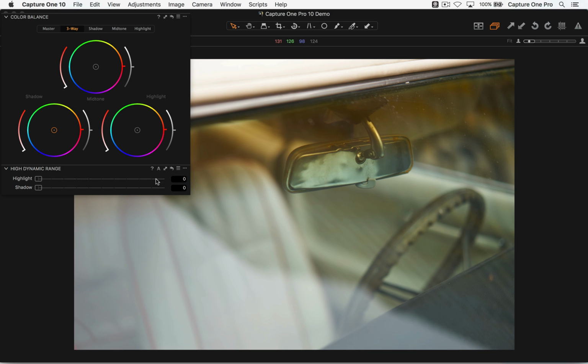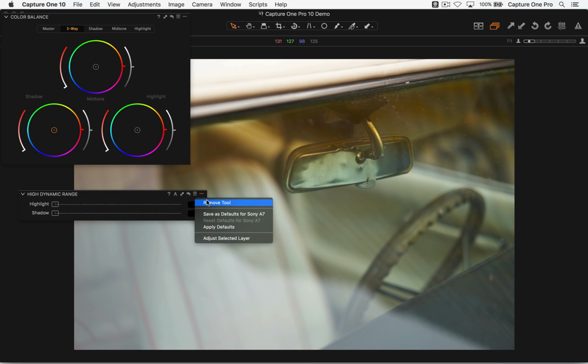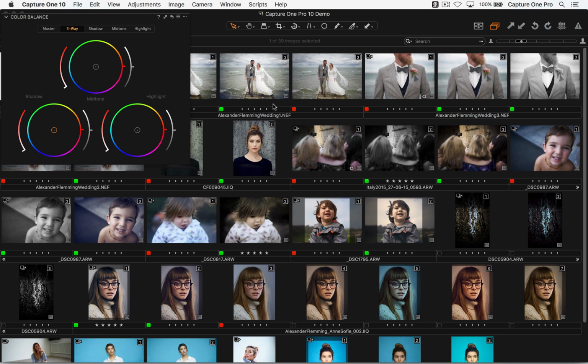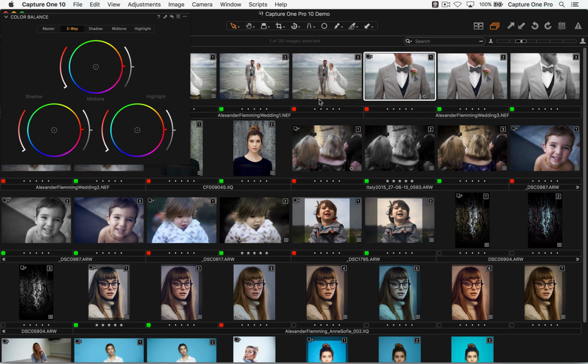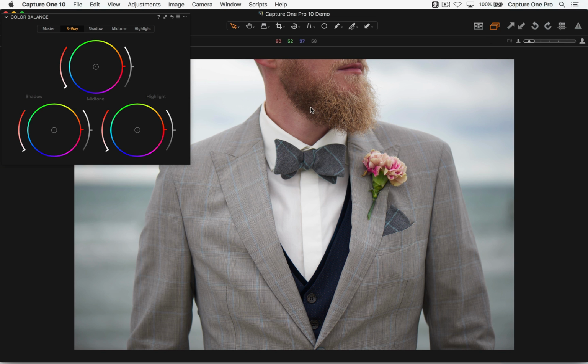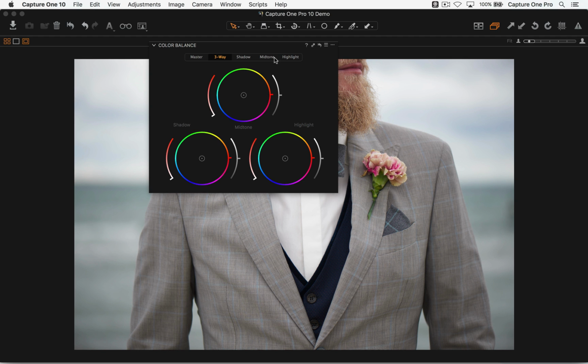Okay, so moving on from that, let's get rid of high dynamic range and look at some more specific stuff. Again, there's no real hard and fast rules as such. Before applying your color grade, it makes sense to get your base adjustments in.